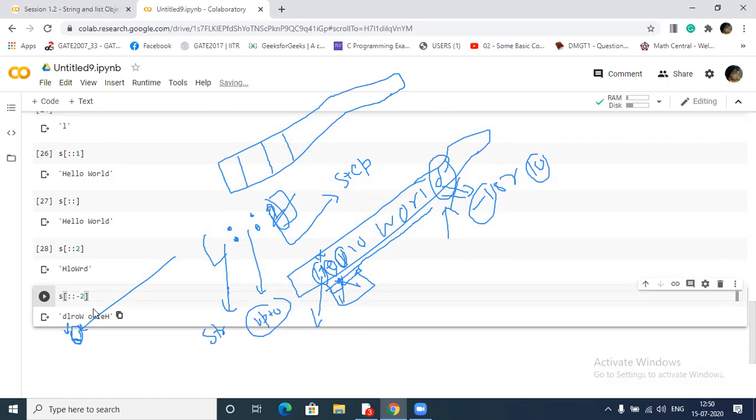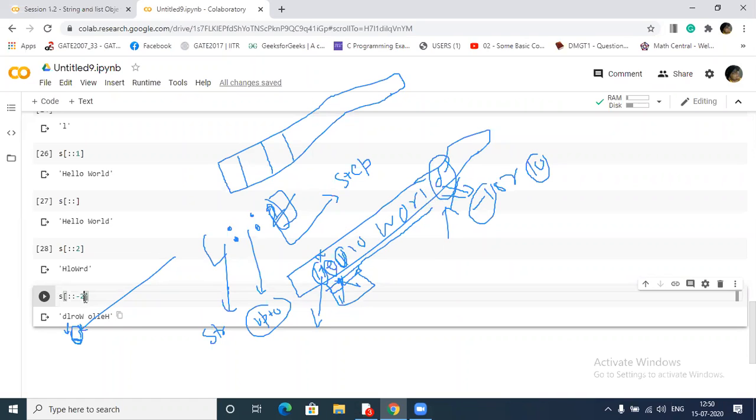Again, whenever it sees a negative step size, it first fixes the counter here. Since I passed a step size of -2, it will print alternate characters and escape the consecutive character. So this command is called step size.